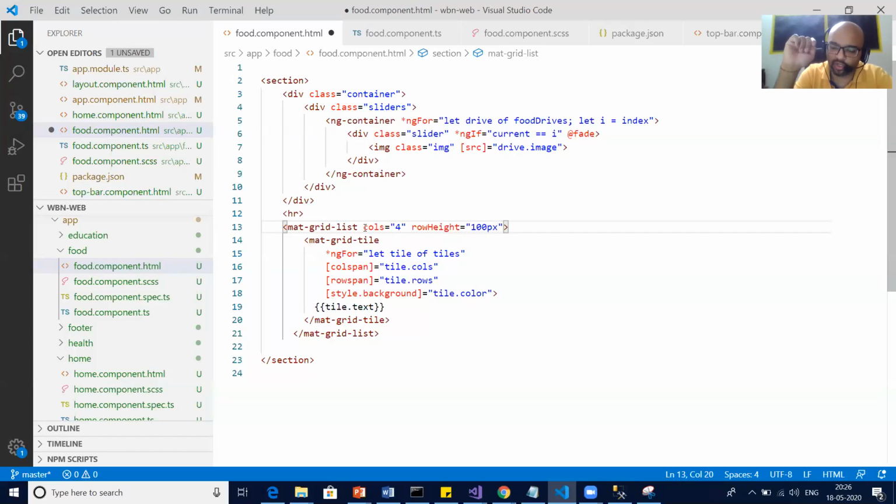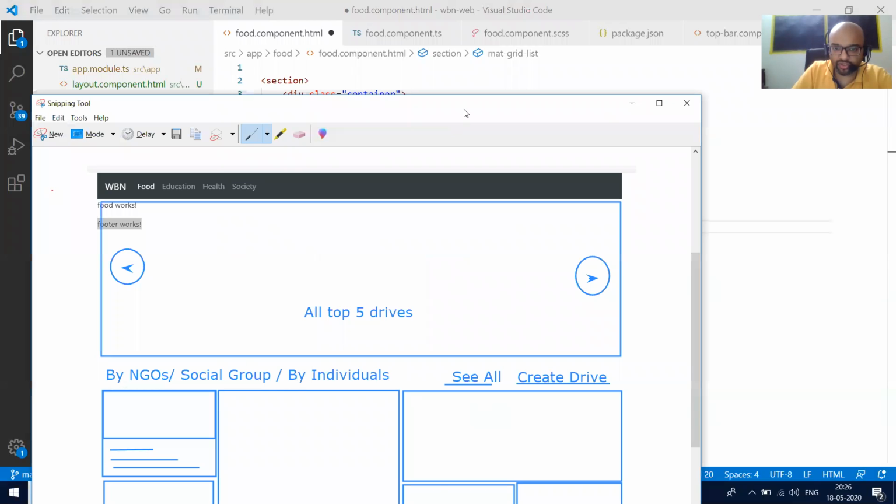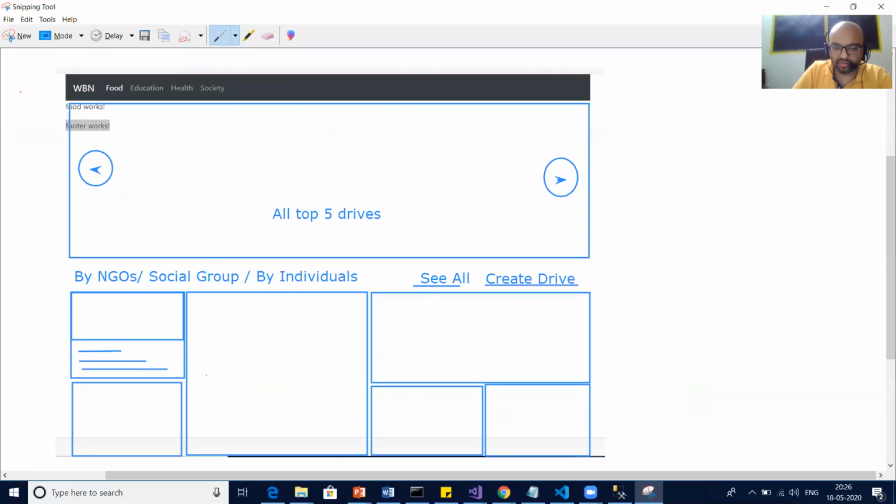I say I need 4 columns. If you see the image we captured, we have 6 I guess. 1, 2, 3. I mean, this box is taking two boxes' space. Correct, guys? Yes or no?